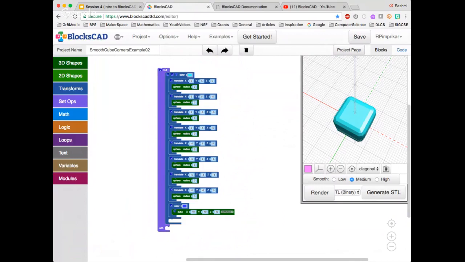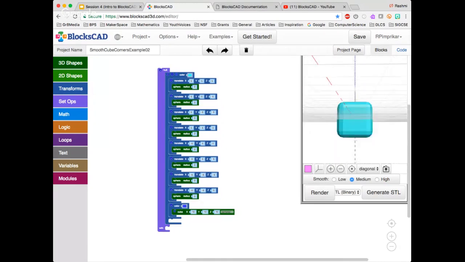Right. So again, what we want to see is evidence of how you are making this code efficient. We've shared an example without the variables, especially so that you can take this code and modify it, but then think about how you can make it more efficient and transferable to different sizes. The other way you can build this is by using just spheres as your points of reference. So let's take a look at,